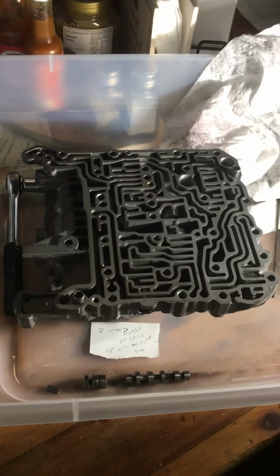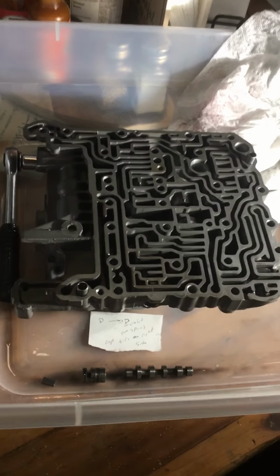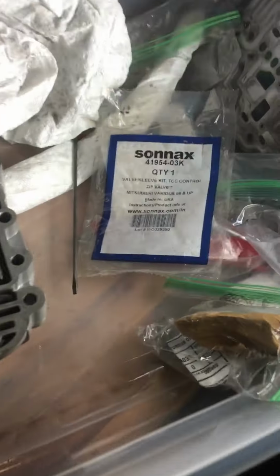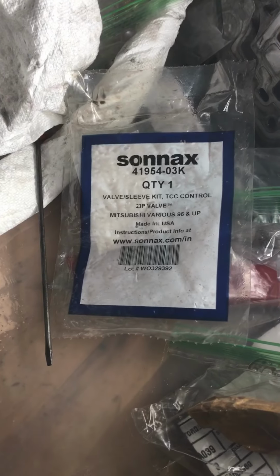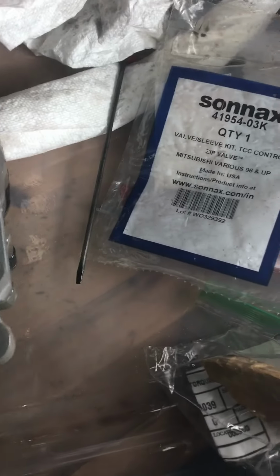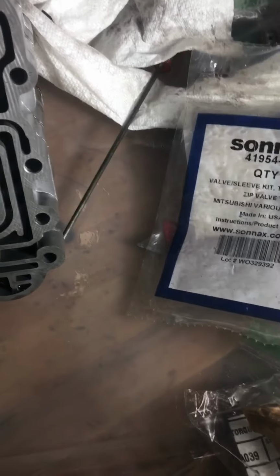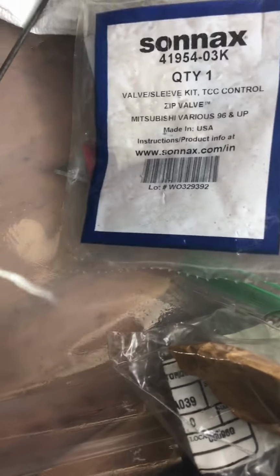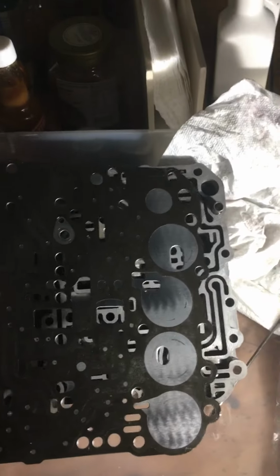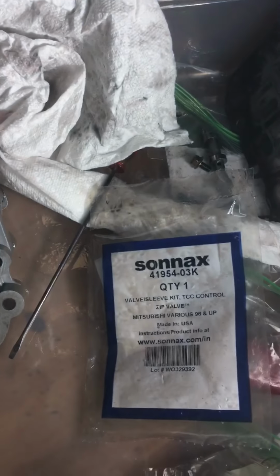I want to give you a faster way to get to the retrofit kit on this valve body. The Sonnax 41954-03K valve can easily be installed just by taking the back plate off of the valve body. You don't have to disassemble the solenoid body part and the top part of the valve body to get to